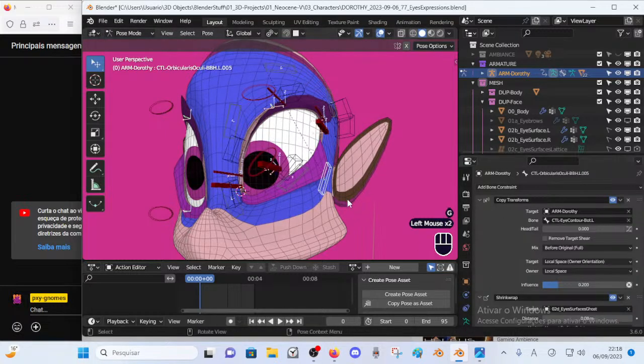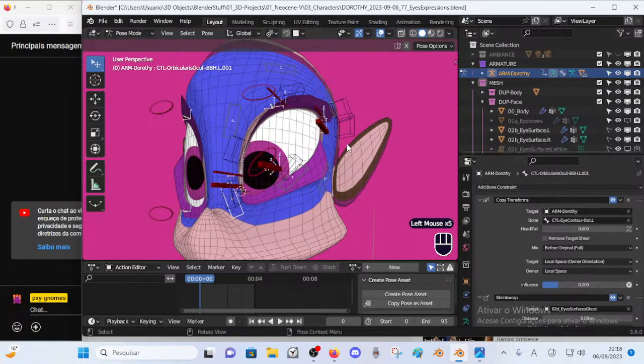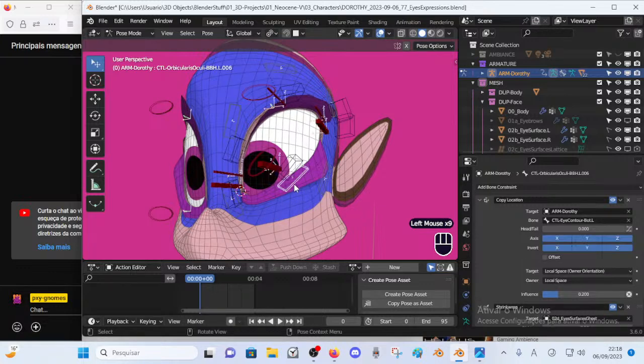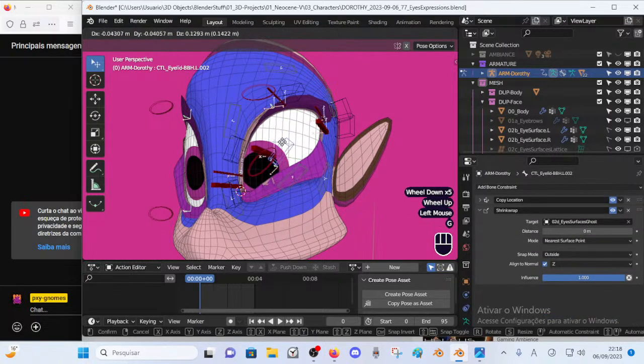I think this also has a copy transform, but with a higher value than these ones. Okay, 0.2 for both here.